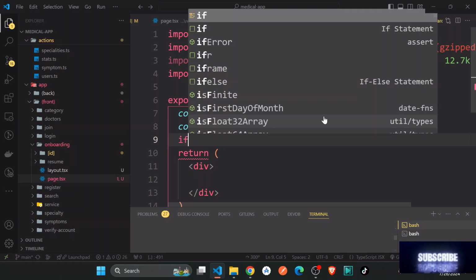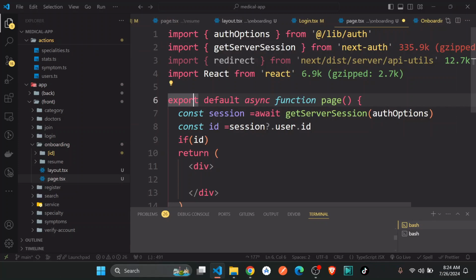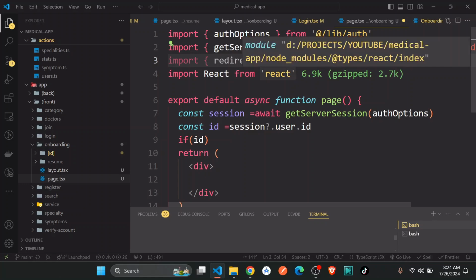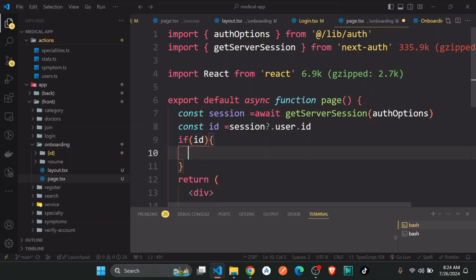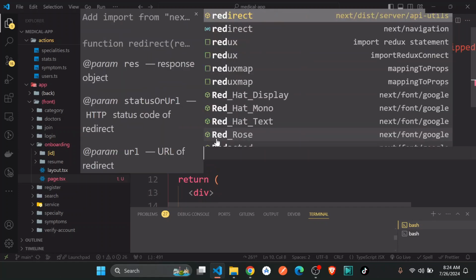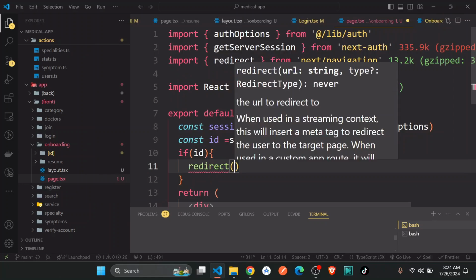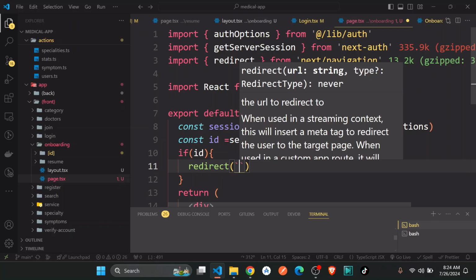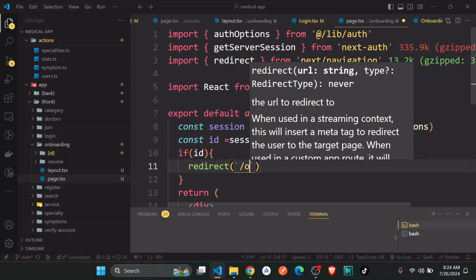So say if ID, and make sure this redirect is not from this as it is here. If there is an ID, you can just say redirect to, and use redirect from next/navigation. So this is where we now route to slash onboarding